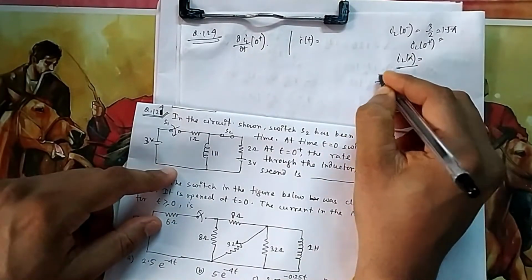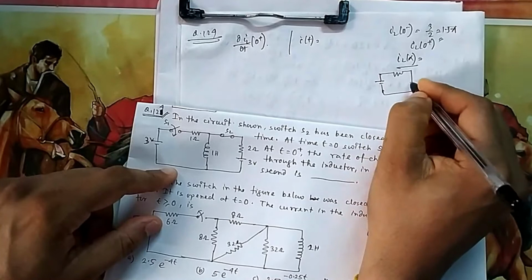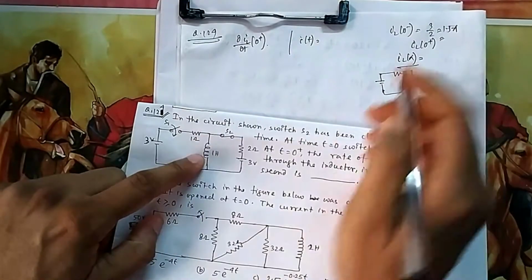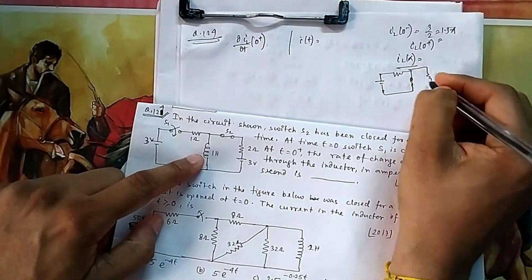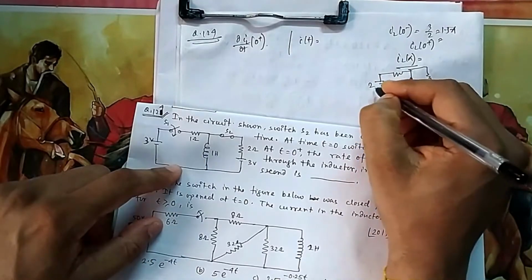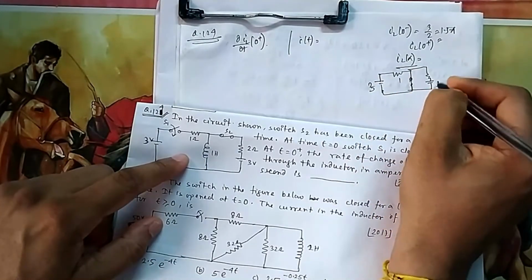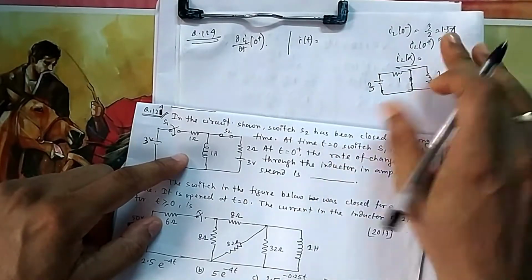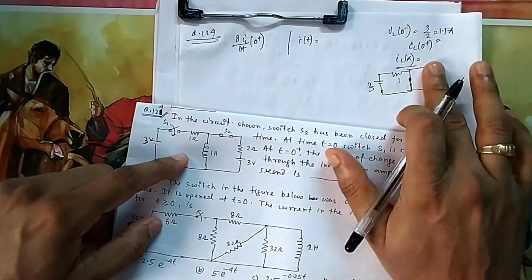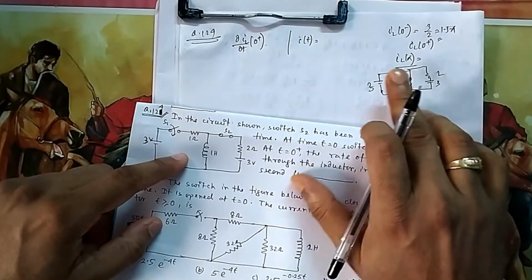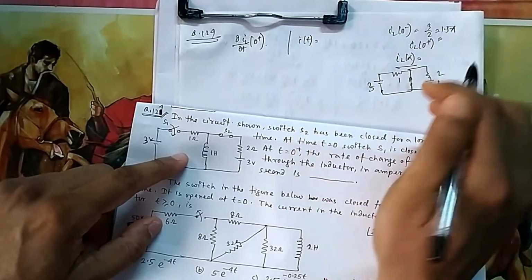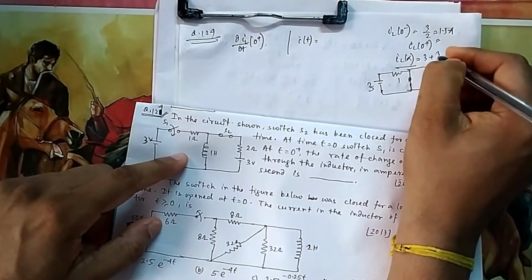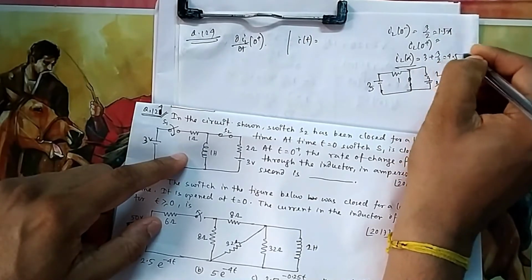You can draw this circuit. This will be this, because this is shorted now. At infinity, this will short, and current will also be coming. So you can apply superposition if you are not getting it directly. If you give only this supply and switch off the other supply, that means you remove this one, what will be the current? It is 3 ampere. Now if you remove this one, what will be the current? 3 by 2 ampere. So total will be 3 plus 3 by 2, so it will be 4.5 ampere.